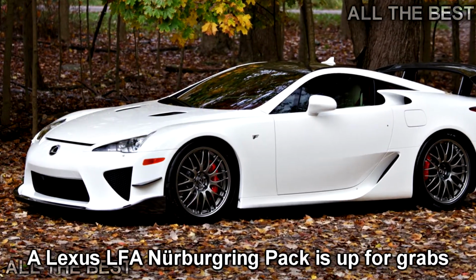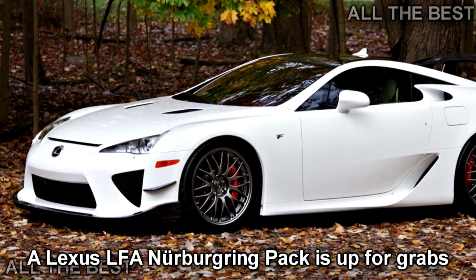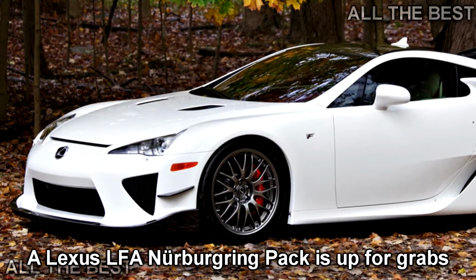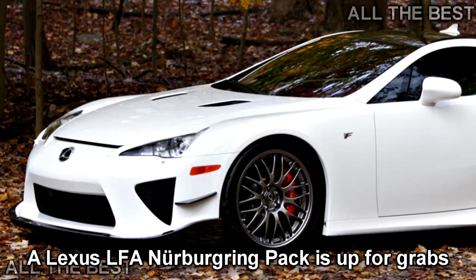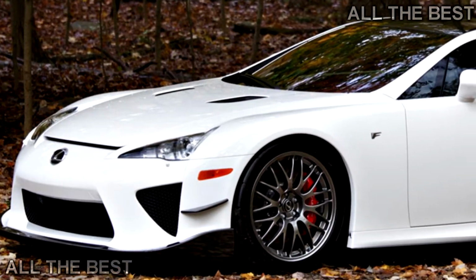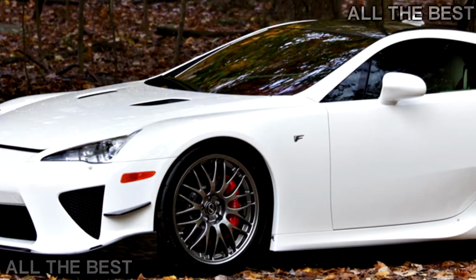There is good news and there is bad news. Actually, there's only good news. The Lexus LFA has returned to the good people of Planet Supercar. At least, for the purposes of acquisition. Gooding & Company is offering up this exquisite, limited edition LFA Nürburgring Pack at its upcoming Scottsdale auction next year,